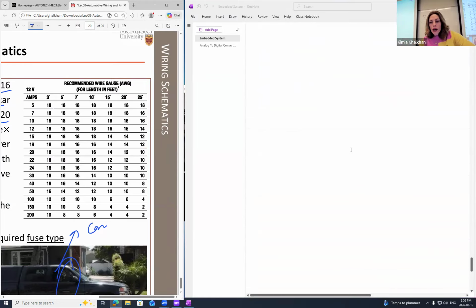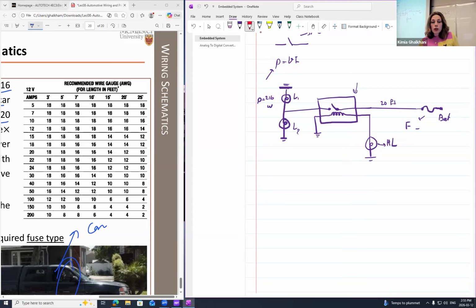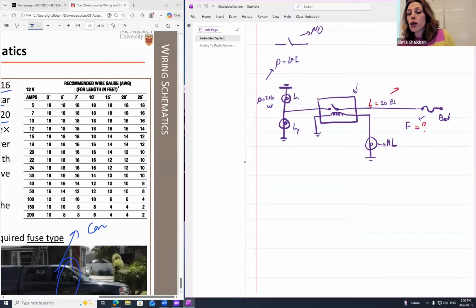So how do we now solve for such a problem? Now, we need to find the proper wire and proper fuse, because now fuse is a question. We know that we have to have a fuse, but we don't know what fuse is the best fuse for our application. And of course, we do have the length of the wire to be 20 feet, but we do not have the gauge. Therefore, I have to even find what's the gauge. How do I show the gauge of the wire? What's the symbol?